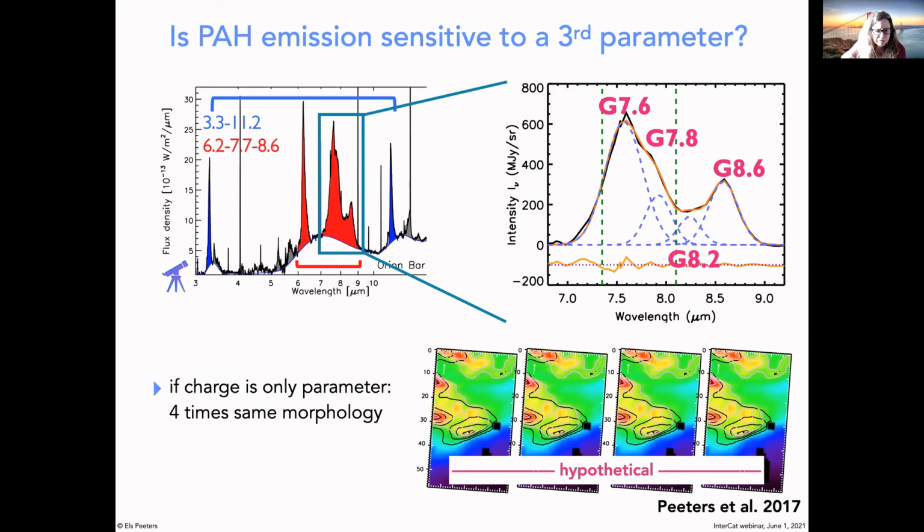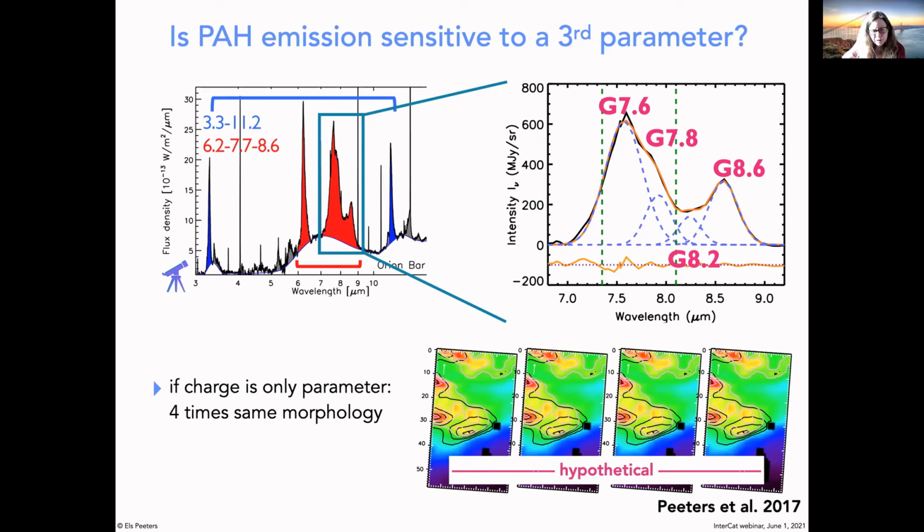We have our famous figure again of the Orion Bar, color-coded with the main charge states for the main bands. So we have 3.3 and 11.2 in blue for the neutrals, and 6.2, 7.7, 8.6 in red for the ions. And so what we did is we were going to look at the single charge state now. So now we're going to look at the ionic bands. And we took the